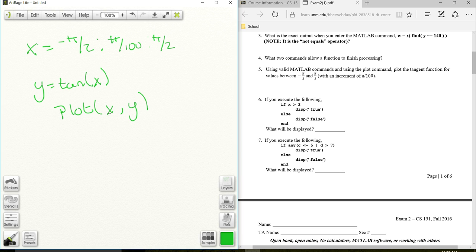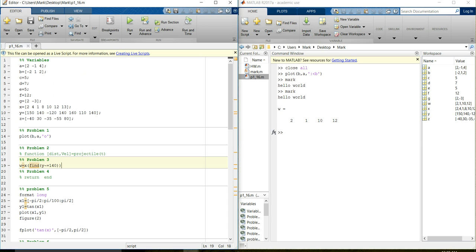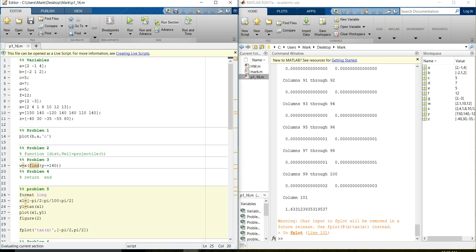And if you come over here to MATLAB, you see I said from negative pi over 2 by pi over 100 to pi divided by 2, y1 is equal to tan x1, plot x1, y1. The reason why I have x1 and y1 here is because I don't want to get confused with x and y up here. I run it,